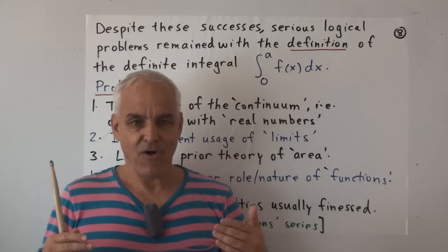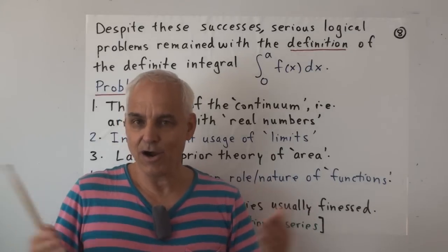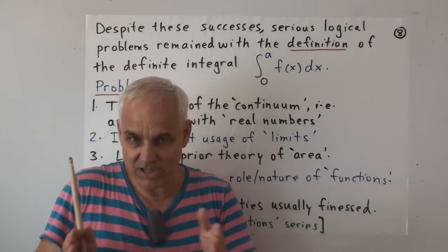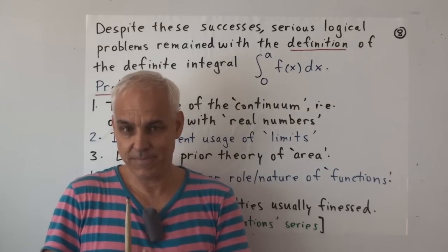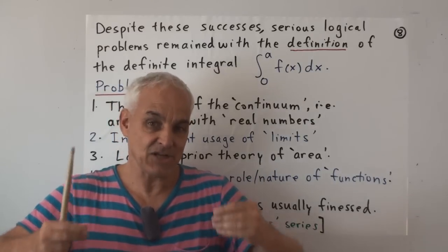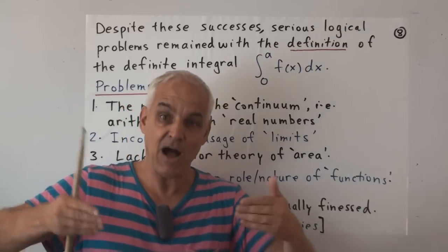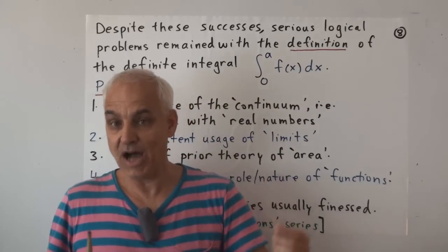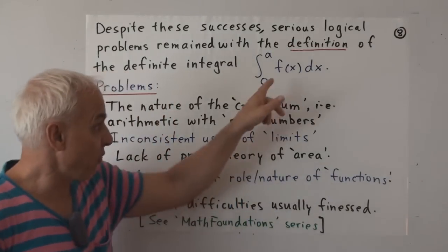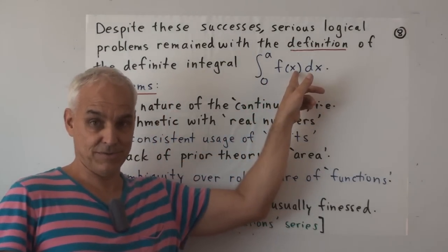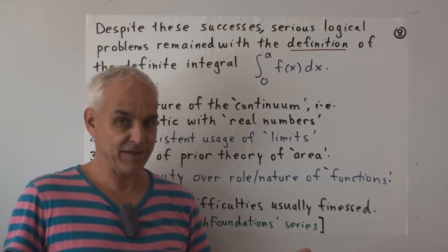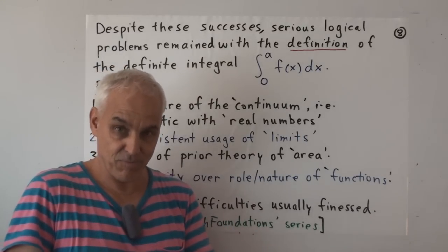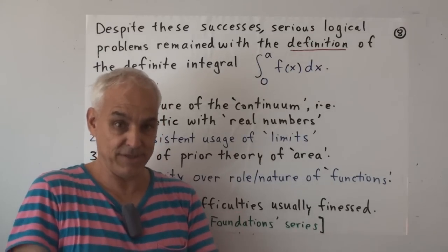So that involves then having to widen our scope and think in terms of partitions as norms of partitions go to 0. And the establishing of such a limiting theory for that kind of limit is almost never done in calculus texts before the actual definition is used. There's very serious problems here. And you can open up any calculus text almost, and those problems are visible. They're right there. You can see them.